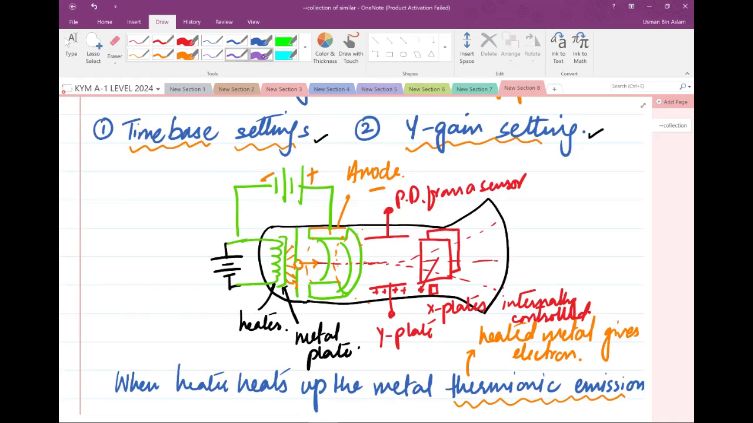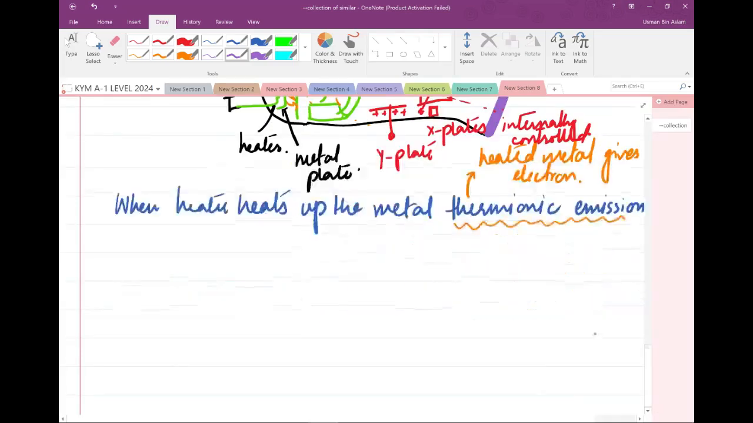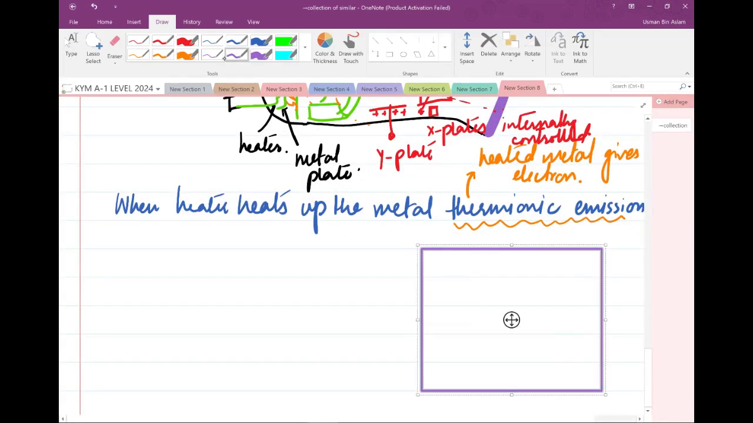Okay, and then this part here, this is the fluorescent screen. When electrons fall on the fluorescent screen, the spot where they fall on the screen is going to glow. So basically, if you simply look at the screen without any of the plates, you will see that